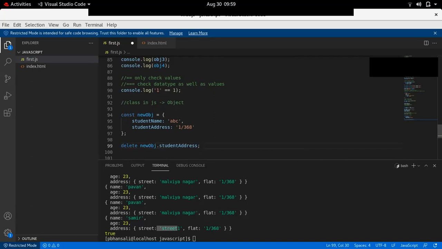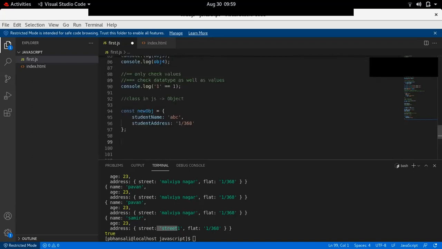So this was about objects, and we have learned a very important operator. One more thing, that is an ES6 thing, and you will use it a lot in React.js in functional components. So for example, you have this object, student name, student address, and maybe student marks. Now, if you want the properties of this object, what you will do, new object dot student name, or new object dot student address, or new object dot student marks, right?